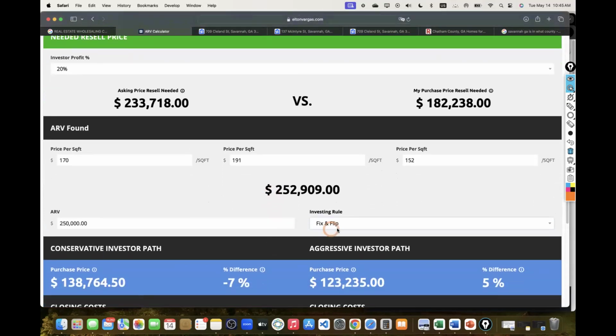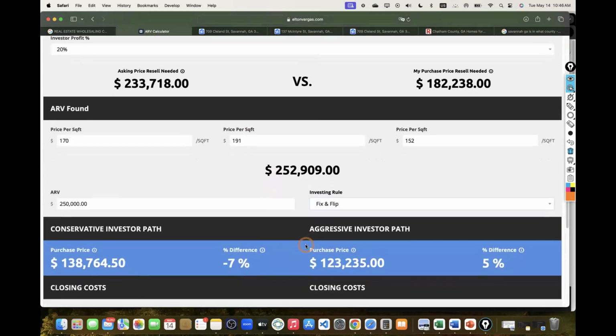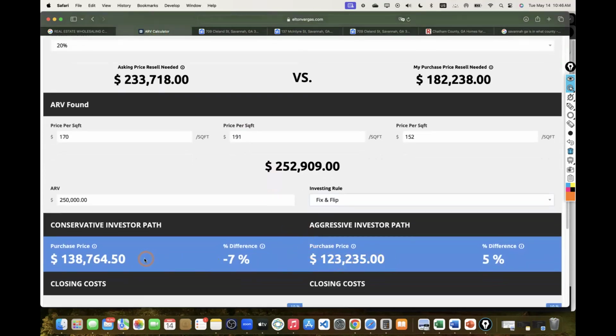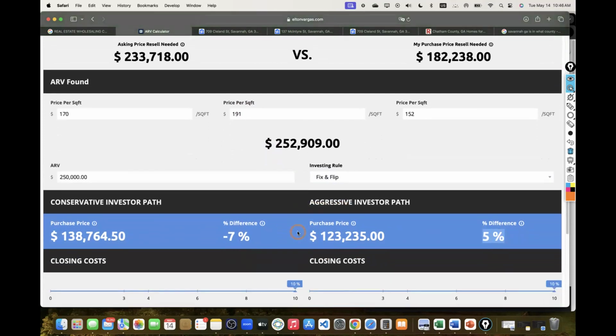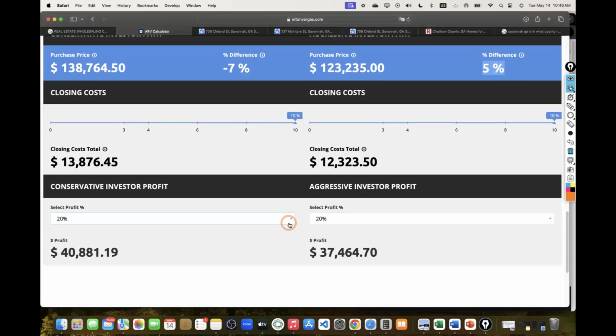Now, when it comes to finding a fix-and-flip investor, this is where an investor will line up our deal. Our property is listed for 130. Some investors are willing to pay more than 130, all the way up to 138, and then someone's going to be very aggressive and push it down to like 123. So not a big difference in the price point. It's going to be like 5% less than the asking price. Of course, as a wholesaler, you definitely want to push more so you can get more out of your wholesale deal. And our investors are still going to make their 20% profit, which is roughly $40,000. Again, it's going to be a plus or minus game.